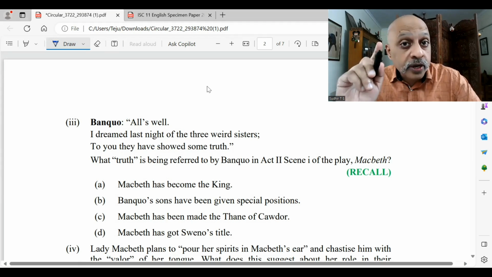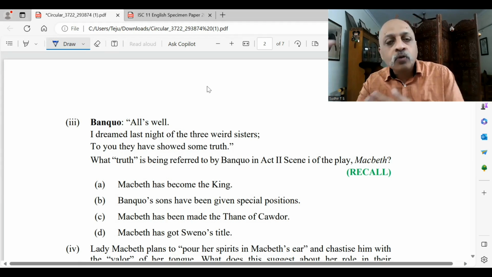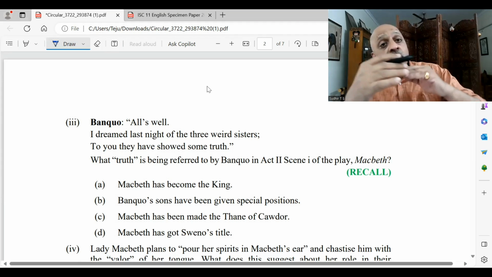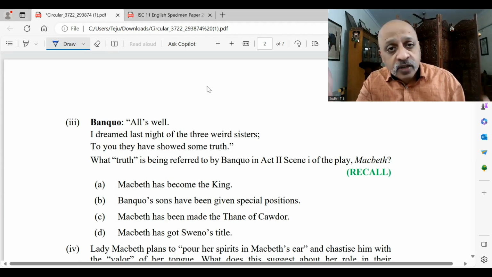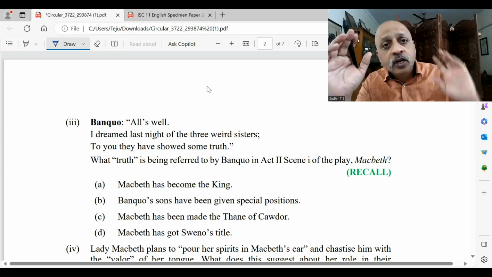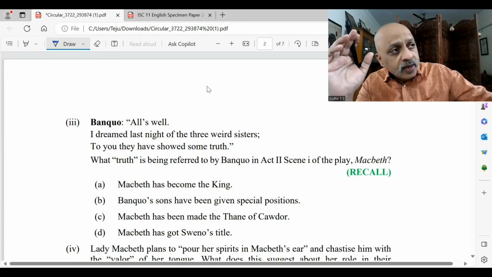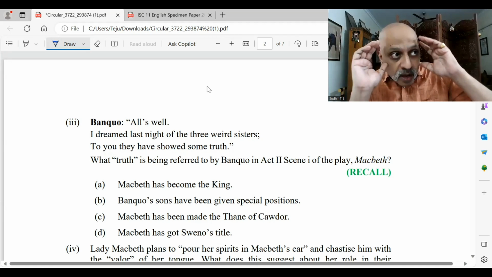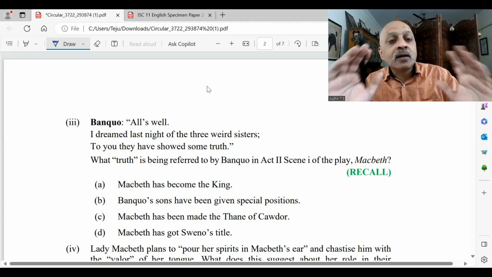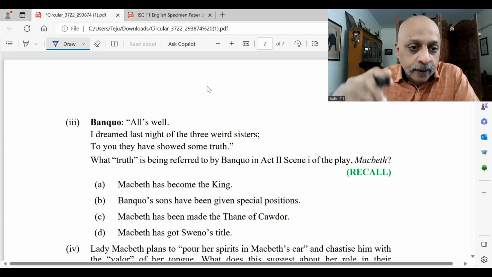Okay. काफी कुछ लिखने को होगा. The good thing is that now they have imposed a word limit. Otherwise, आपके जो seniors होते थे, they would write lots and lots, 2-3 पेज लिख के आते थे. अभी आपको 150 वर्ड 5 मार्क के क्वेश्चंस के लिए या 250 वर्ड मैक्सिमम आपको लिखना है फॉर अ 10 मार्क क्वेश्चन. So that way you can be very precise and targeted in your approach, which is a good thing.